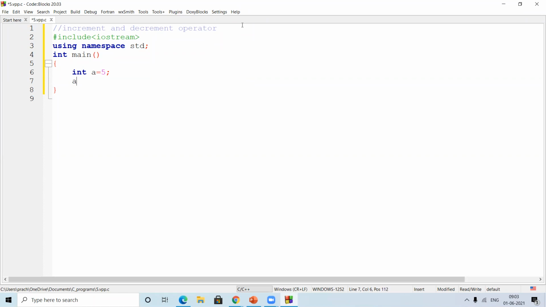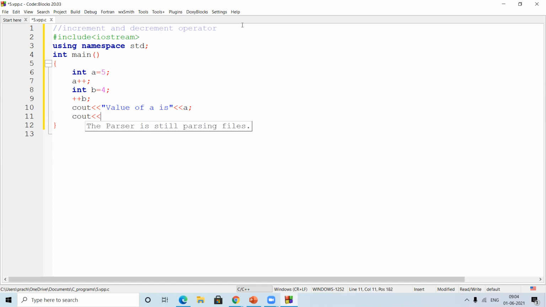Now, I write a plus plus, and then I'm writing int b equals 4, and I'm writing plus plus b. Then I'm printing cout "value of a is" and putting the value of a over here.